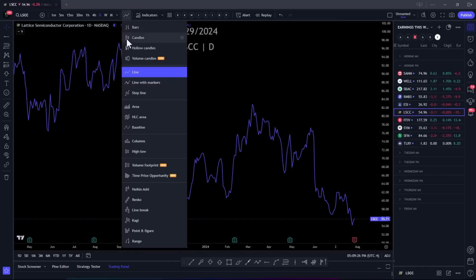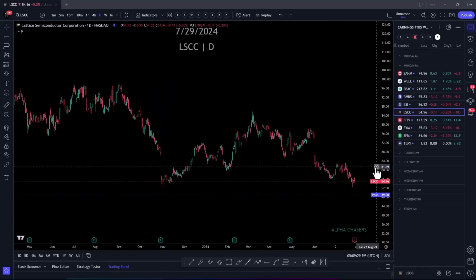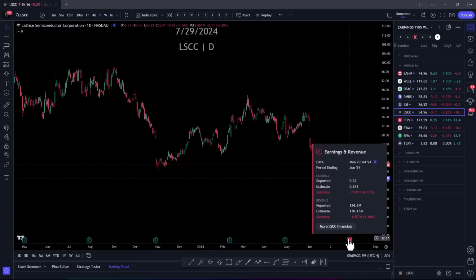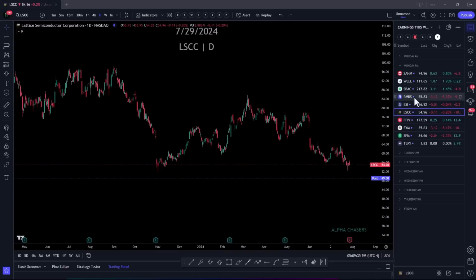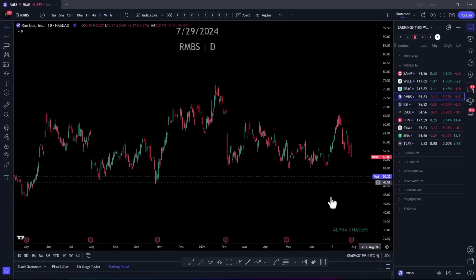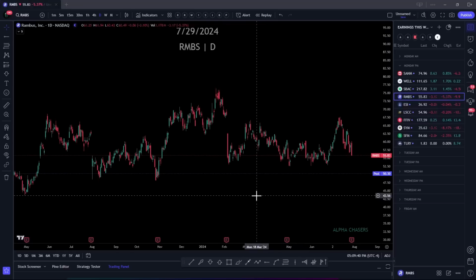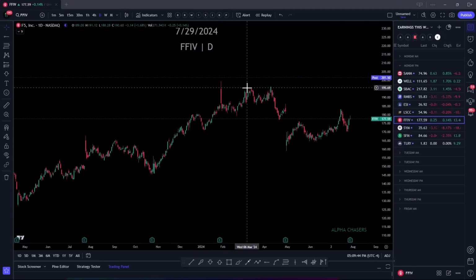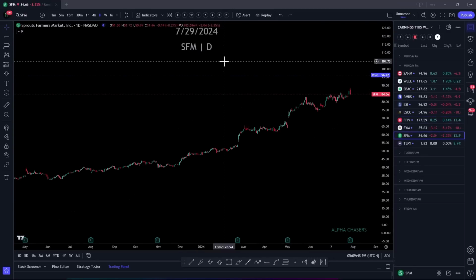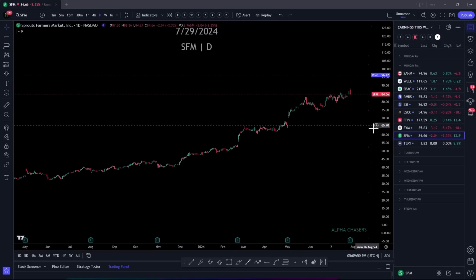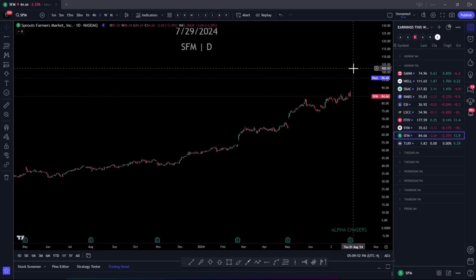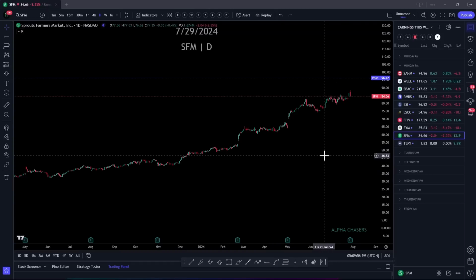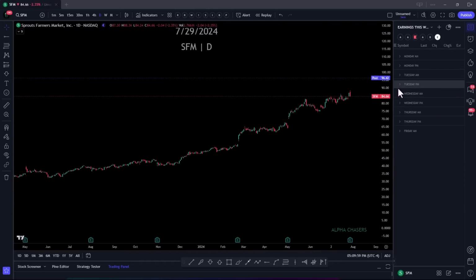After hours, we're seeing some pretty much just absolute washout here, where some of these semiconductor companies are missing. So we have Lattice that's missing tonight, and we have RMBS that's missing tonight. You do have some bright spots. You know, it's not all doom and gloom. Fiserv's up, which is nice. And then you have, this is really nice, Sprouts, a company that actually raised numbers and everything else and had solid gross margin. So that is nice. So you are seeing some signs, but when you look at this going into it,